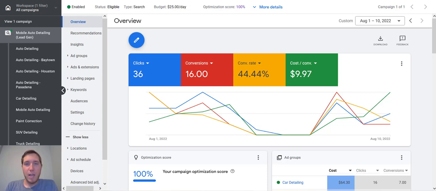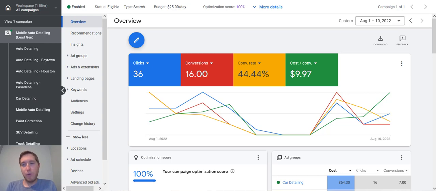My name is Chris Down, and today what we're going to be talking about is which bidding strategy you should choose to generate leads. I'm going to be talking mainly about local lead generation and the bidding strategies you should look at and use if you want to actually generate leads from your account. Now, you can technically generate leads with any of the bidding strategies, but I'm going to be speaking from my experience and also the ways I was taught to do this and really what is working right